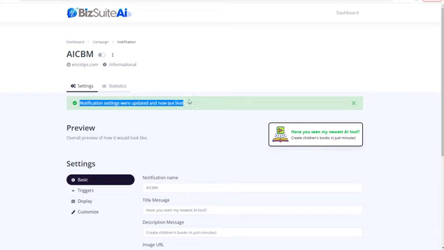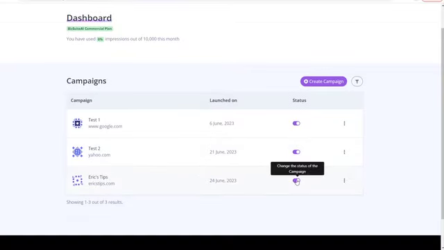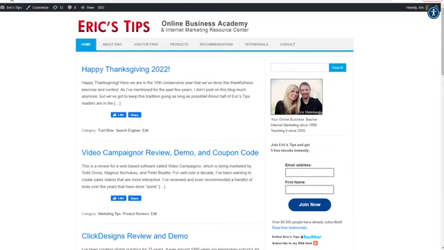As you can see, it says notification settings were updated and are now live. The last thing I need to do is hit this little toggle button to actually turn this campaign on. Okay, so I changed the status to on. Now if I go back to my dashboards, I should be able to see that yes, the status of this one, Eric's Tips, is on. Now if I go back to my website, Eric's Tips, and refresh the page,